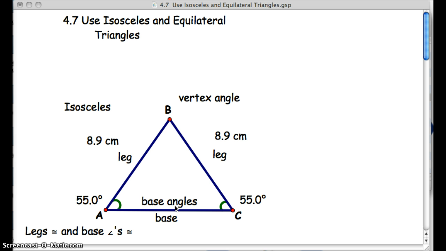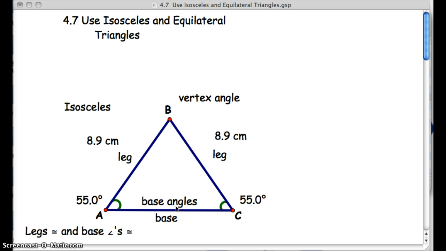This is an extension of what we've already learned as far as proving different things. It's more arsenal, more tools to go into our suitcase or our bag when we are trying to solve and prove different things. All right, so let's go ahead and jump right in and take a look at these isosceles